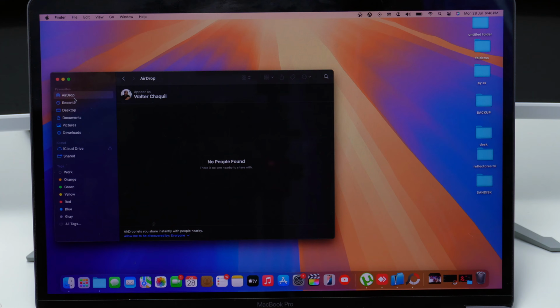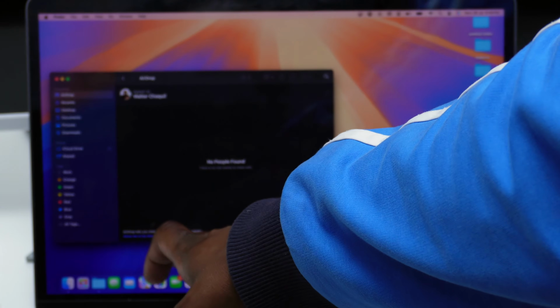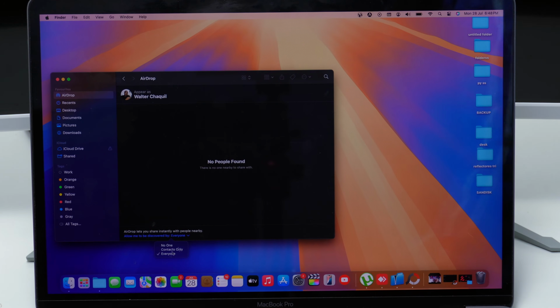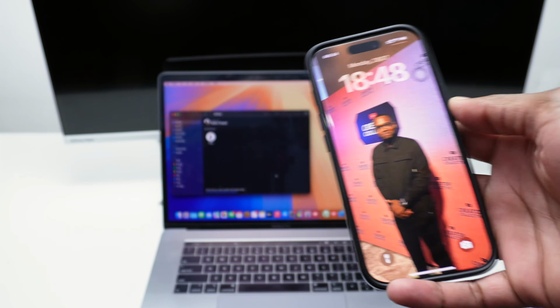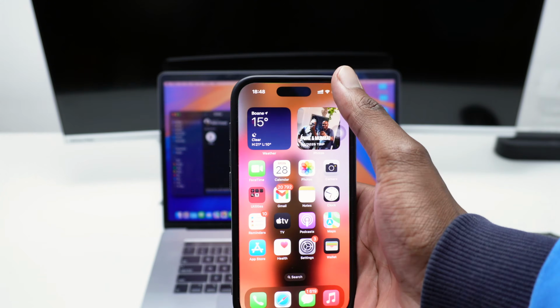Now once you're on AirDrop, you want to make sure that your device discovery is set to everyone, right? So make sure you select everyone and that your computer or MacBook is actually visible and able to be discovered by other devices, okay? So once you've done that, you'll go straight into your iPhone, and then you'll